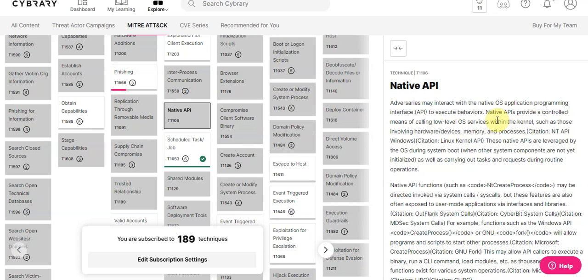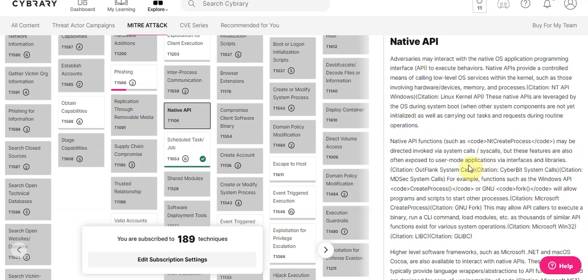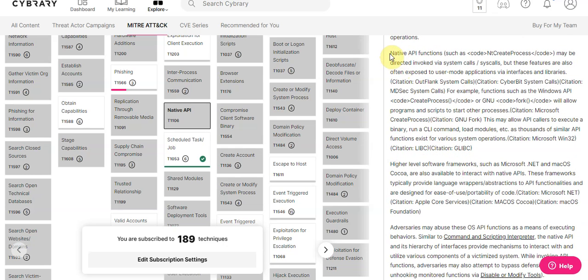I'm going to show you one image related to this, and it also tells what is involved in this process: the hardware, devices, memory, processes, any APIs related to all these things can be leveraged by the OS during a system reboot or anything. The structure which exactly looks like native API functions includes like Windows